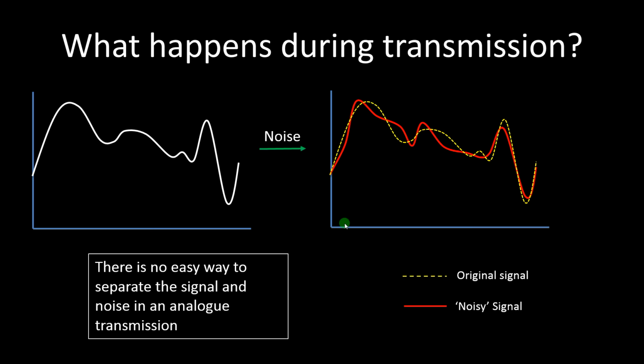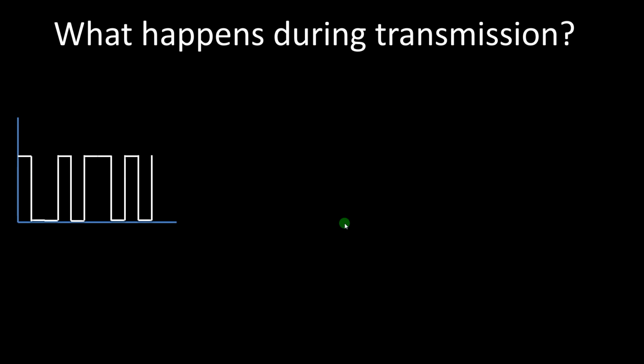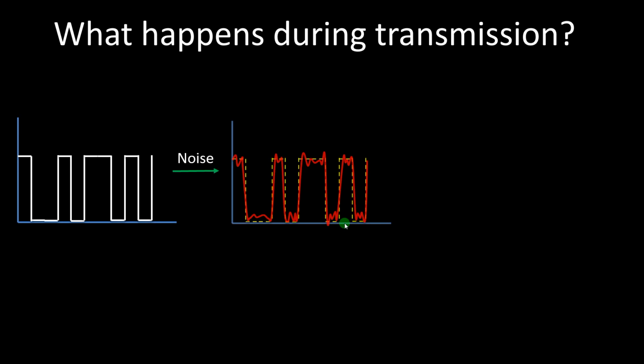Okay, so that's during analog transmission. The same thing happens during digital transmission. Digital transmission is not magic, okay? All we've done is chosen the signal levels and chosen the times it can change at. So it still picks up the noise. So our digital signal, after it's been transmitted, in the same way, you've got the yellow original, and it's noisy,